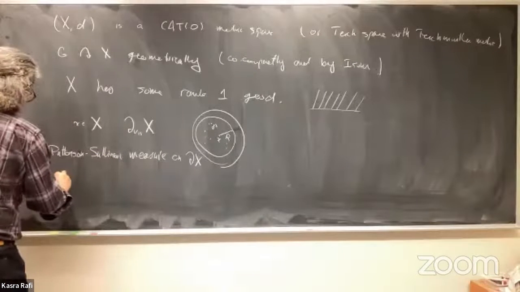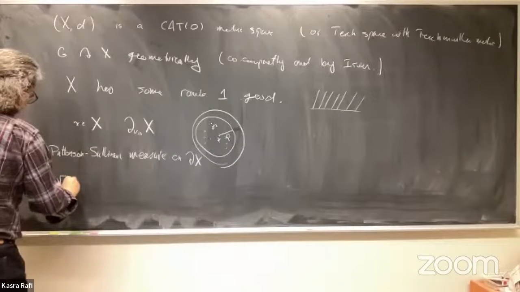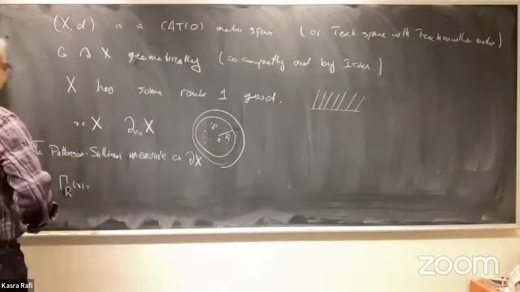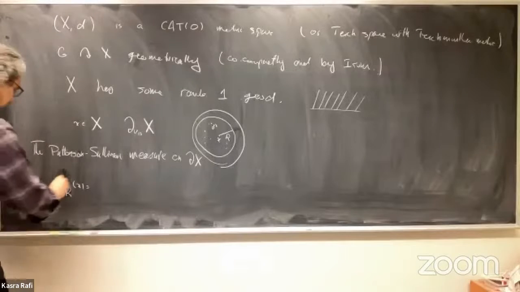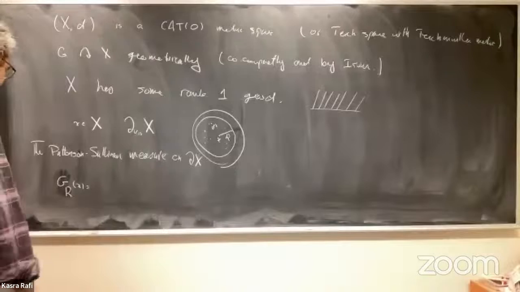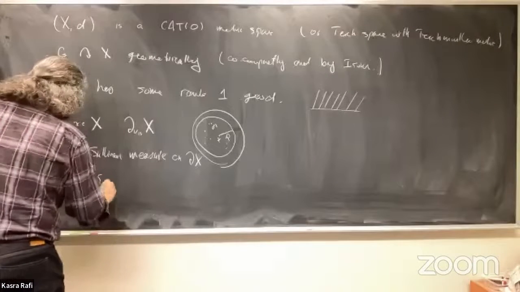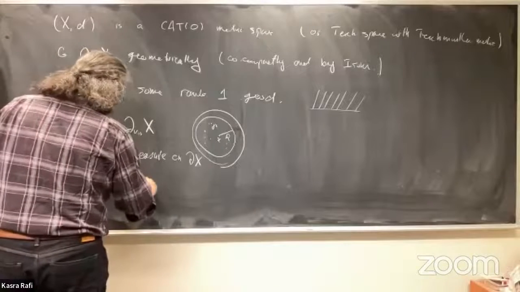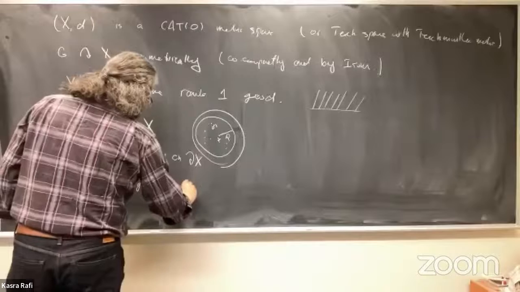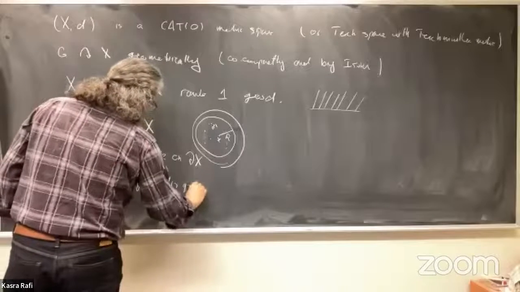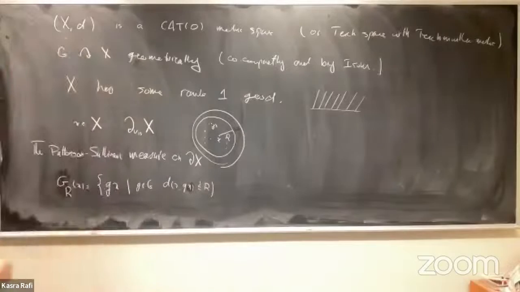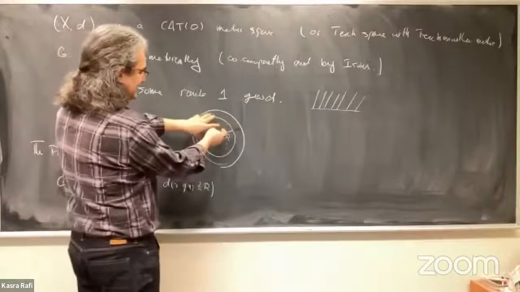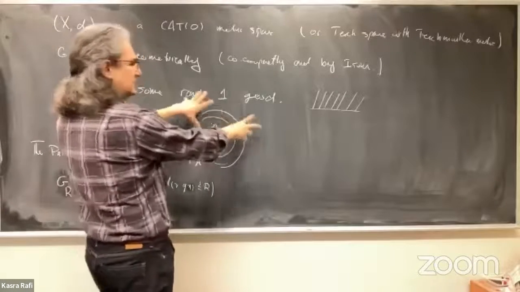Let me give you this in notation. I would write gamma sub R of X. My group usually should be gamma, but it's G now. So this is the set of points gx, where g is in G, and the distance between x and gx is less than or equal to R. Then I want to look at a distribution of these and see what they converge to